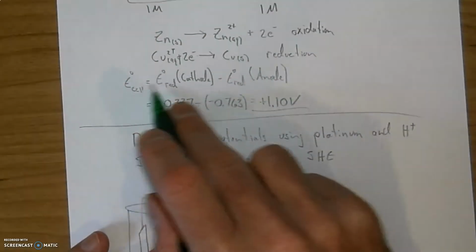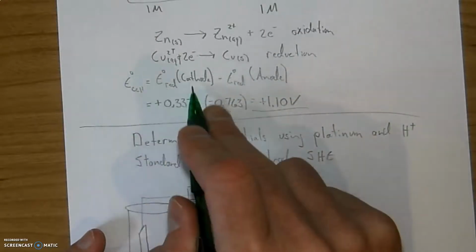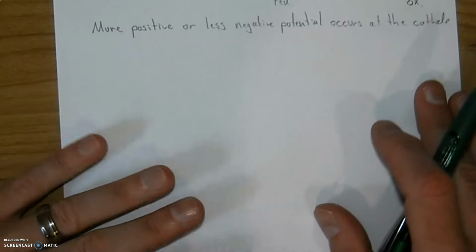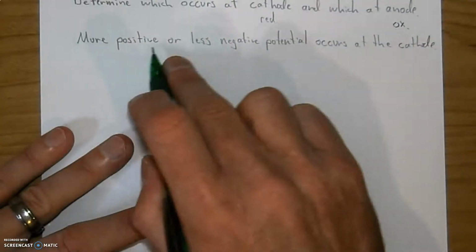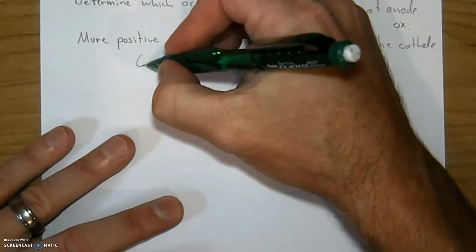You use this equation every single time: for the cell, it's cathode minus anode, every single time. So to repeat that process here, if it's cathode minus anode and the more positive happens at the cathode, therefore, for the cell,